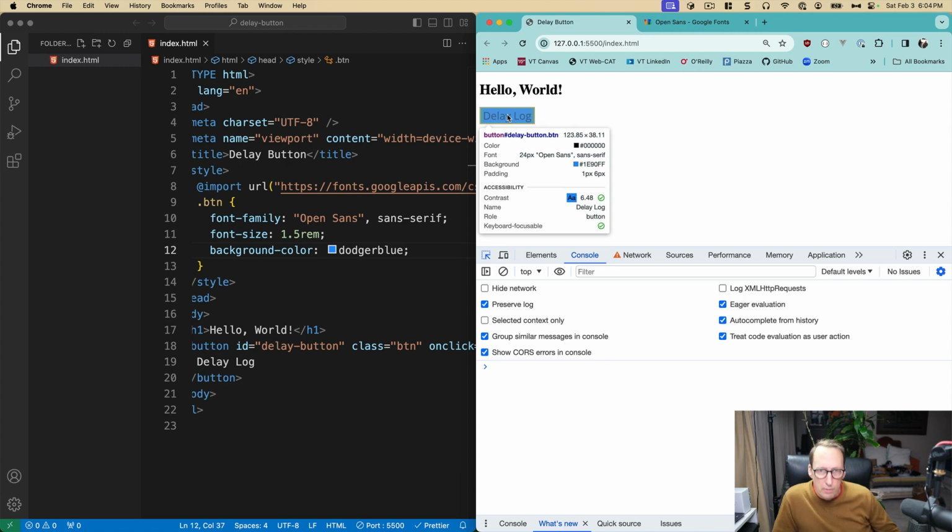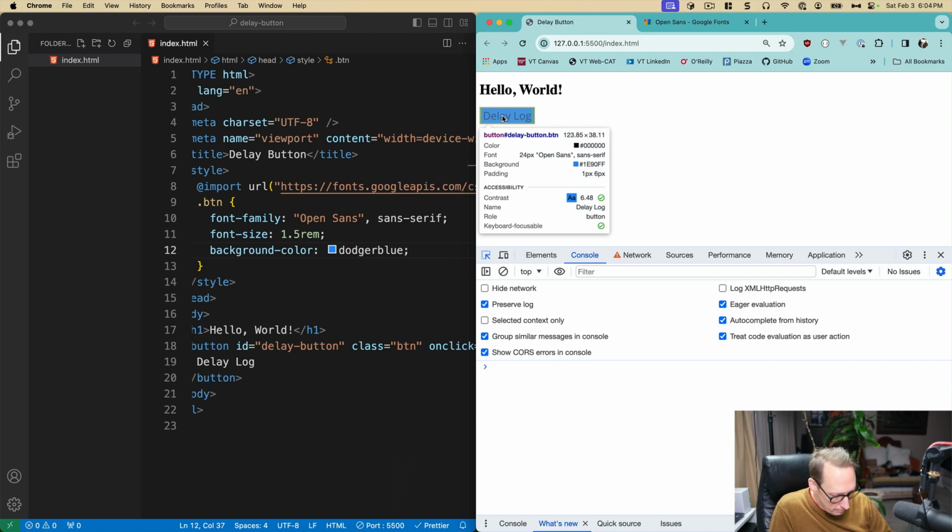When I hover over this button, it tells me the color of the font and of the background. It tells me the padding, which I didn't put in any custom padding, so that's the default padding. And it tells me some accessibility things. I can't move my mouse down there or else that hint will go away. But it says that the contrast is